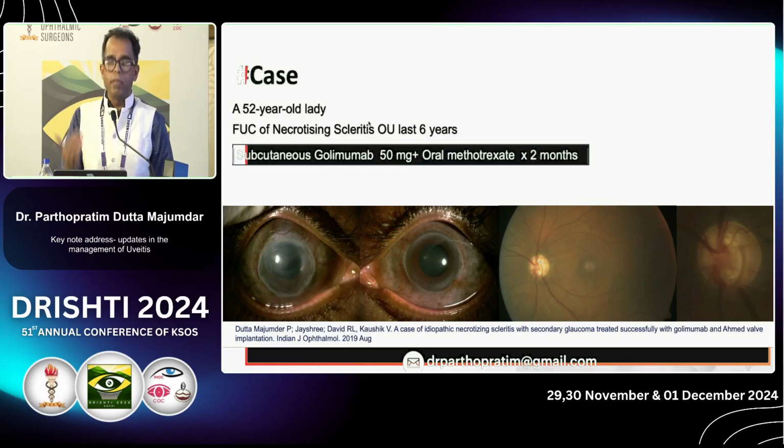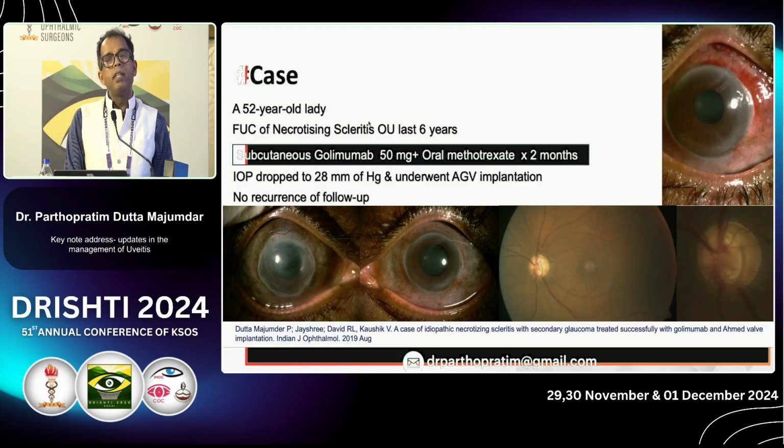So here we decided to inject the patient with a TNF alpha blocker, which is called golimumab. It's just like adalimumab. And with methotrexate, we treated the patient. There was prompt resolution, and finally the patient underwent Ahmed valve implantation. So sometimes, for example, a patient with scleritis has developed a rhegmatogenous RD, and your vitreoretinal surgeon wants to treat the patient. So you need a prompt control of the inflammation. In such a scenario, where the disease is not responding to any other modalities of treatment,